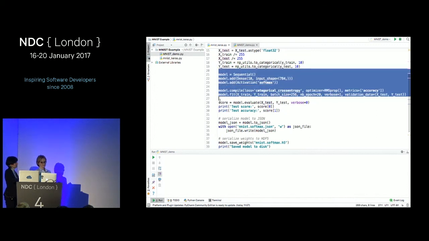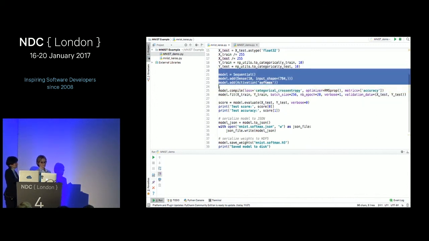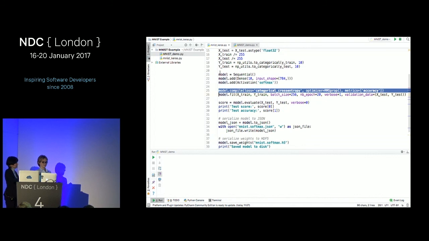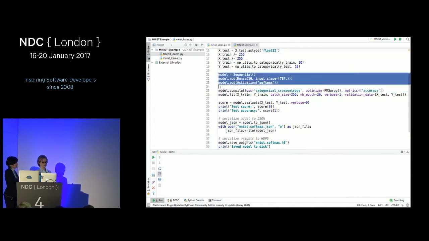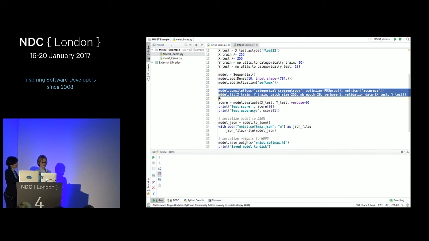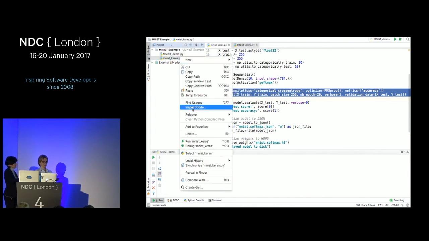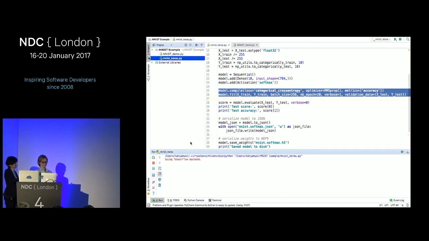This is exactly 3 lines of code to design it, and then compile, and then I fit it. So it's 3 lines of code, exactly. And then I call fit. So I actually train my network by using the MNIST images, and then I save it into the file. So I'll just run it now. It just runs maybe 15 seconds.